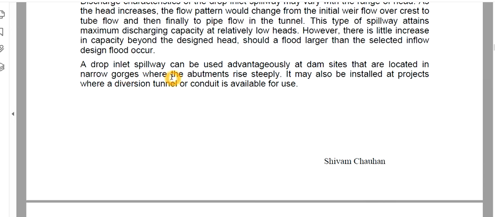Advantages of the drop inlet spillway: at those dam sites that are located in narrow gorges where the abutment